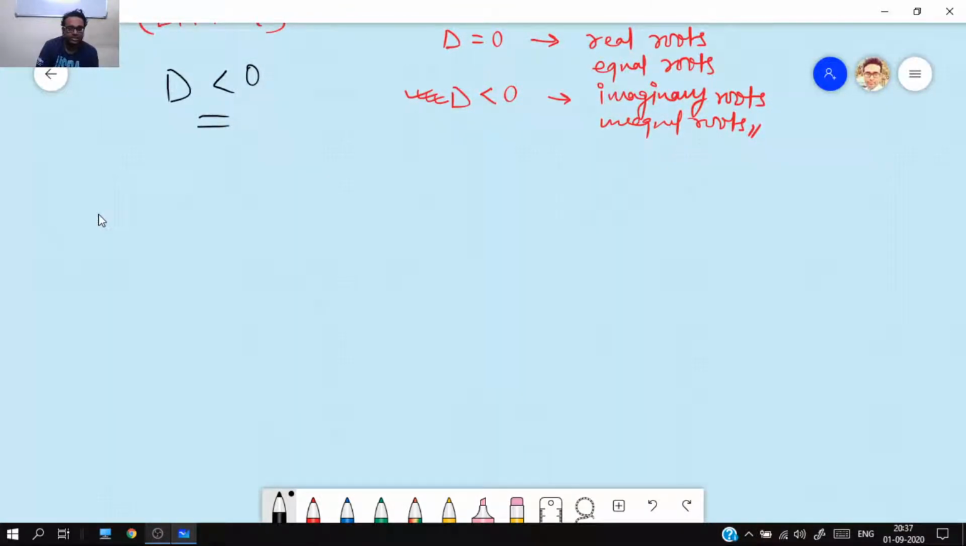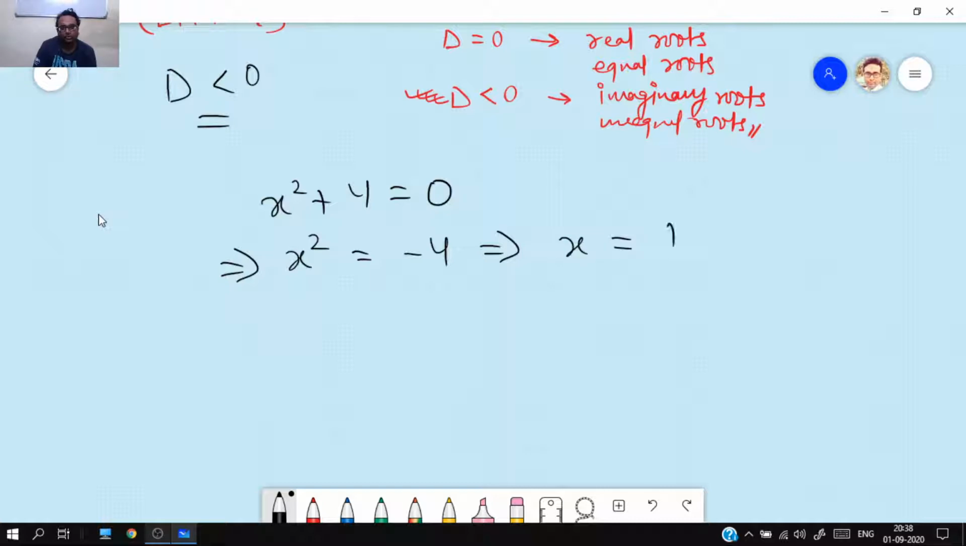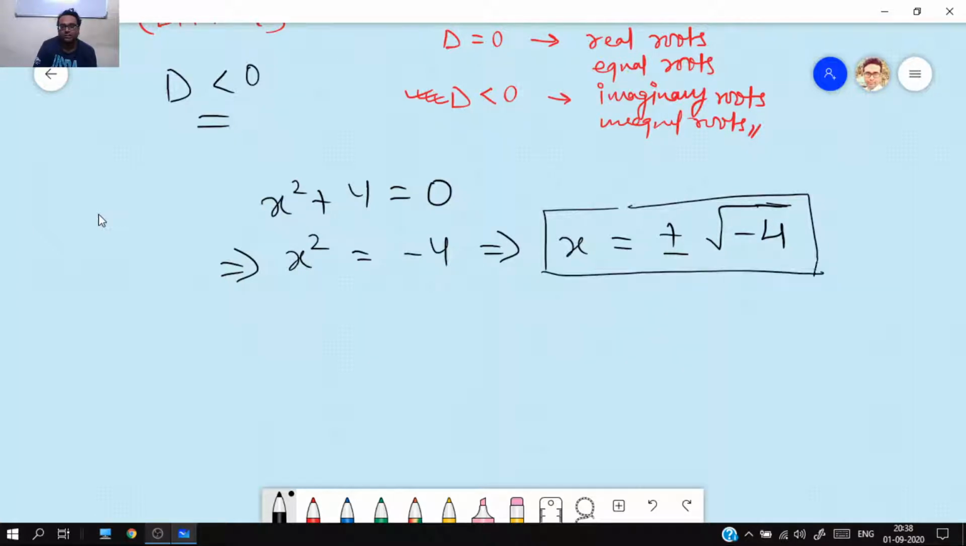Let me take a general quadratic equation: x square plus 4 is equal to 0. So what will be the value of x? Solving this equation, x square is equal to minus 4. Again solving, x is equal to plus minus under root minus 4. So how to solve this part? We have not studied this in quadratic equations in class 10th, but this final value can be solved